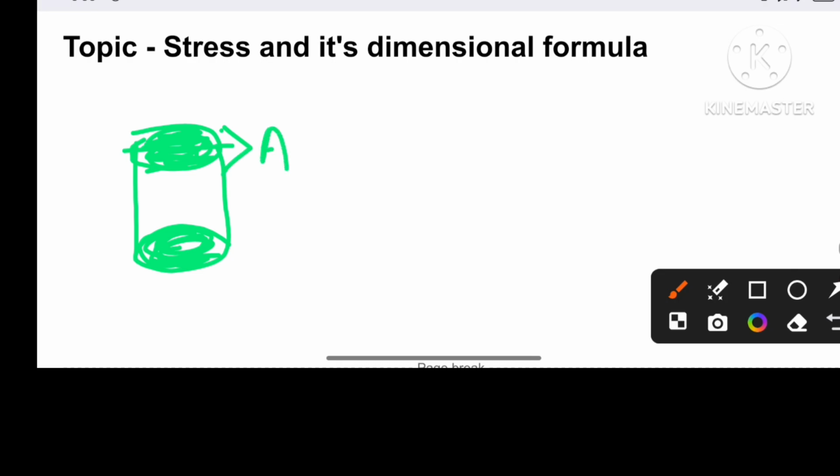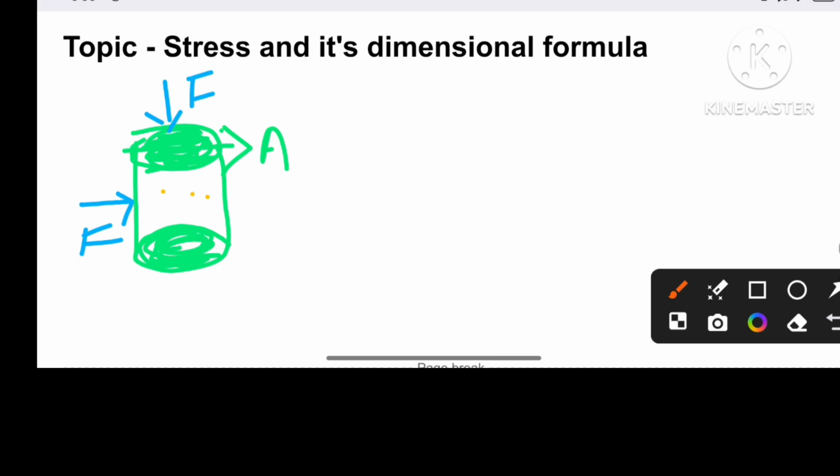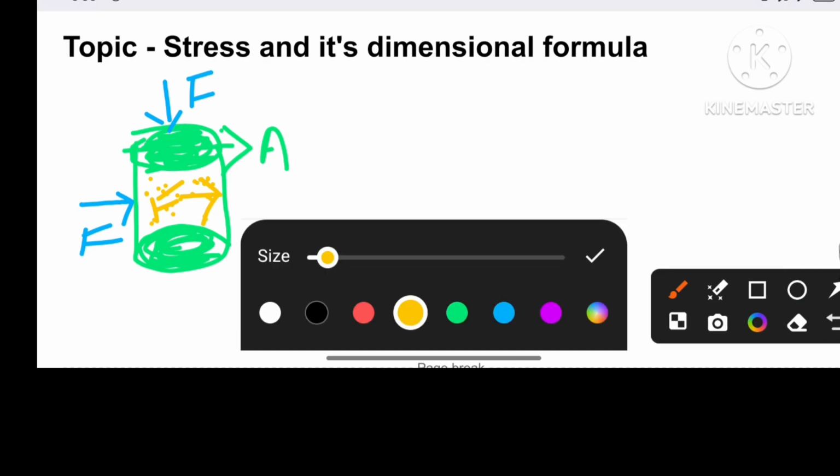If I apply three forces on it, from the topmost position I can apply a force on this cylinder. I can apply a force from the lateral side of the cylinder, and one more force we can consider is the force exerted by the molecules present inside the cylinder on its innermost surface. This is also a force. So basically, three forces are acting on this cylinder. Okay, so the simple definition of stress is